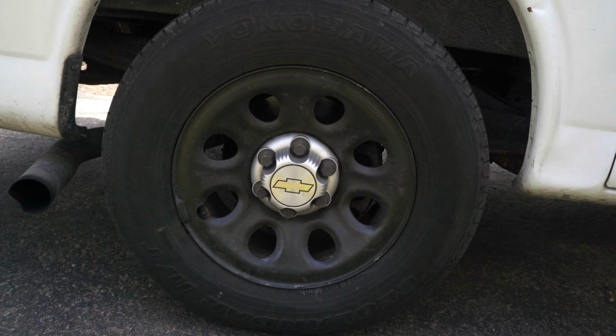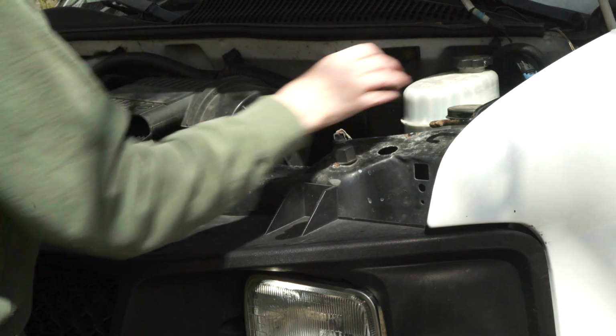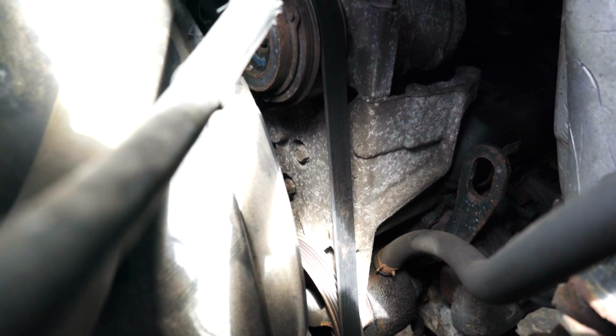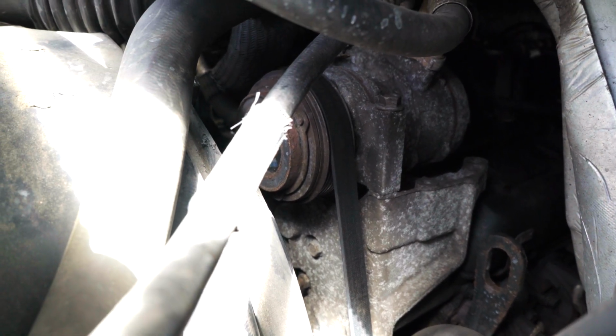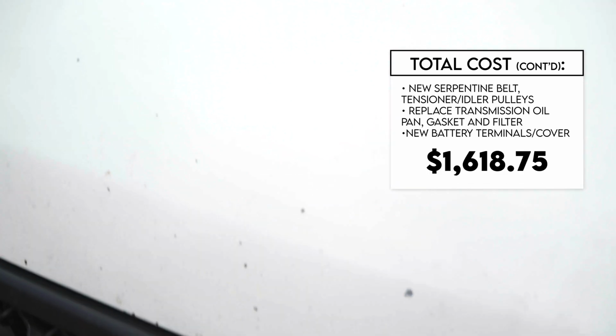And the pain does not stop there, because then I had to take it to this place where I am now to check out the tire issue, because the other place did not have the right equipment. And this place really kind of gave it a good look and let me know that there is a couple of longer term repairs that I have coming up that I'm going to want to take care of. So in addition to fixing the tire, which actually had 2 nails in it, I also got some other things taken care of, mainly replacing the serpentine belt and idler pulleys, and replacing some transmission fluid and the filter. So that makes my grand total about